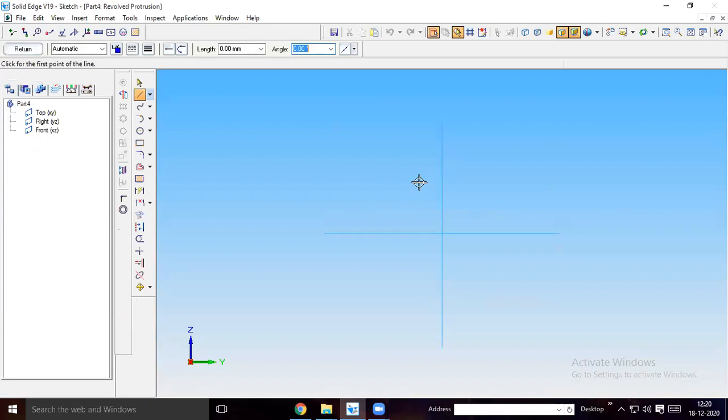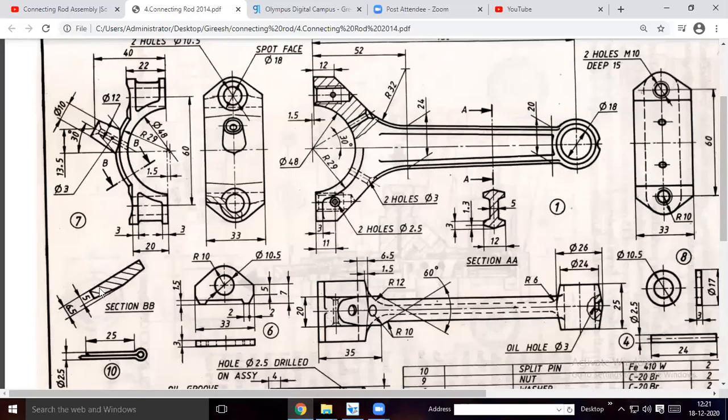I will select this. Okay, then as you know, the diameter at the middle is 48. I will select 24 mm length on one side. Here I will create a profile first, then the 33 mm width, as you know, at 0. See, this profile I am creating is what is shown here also.